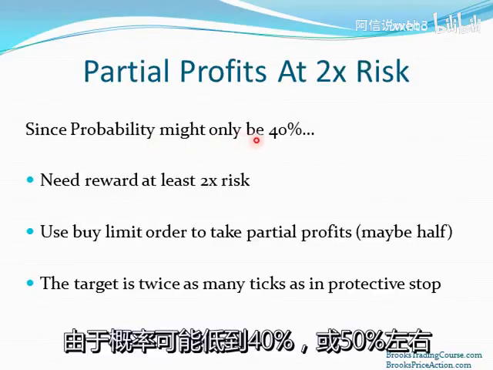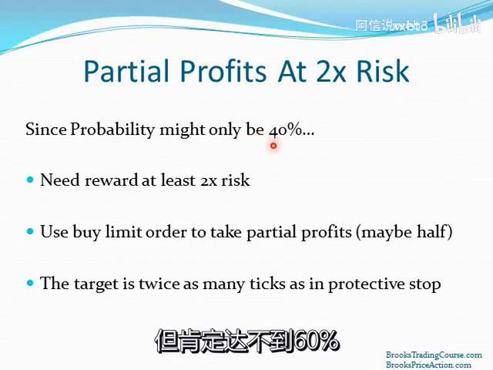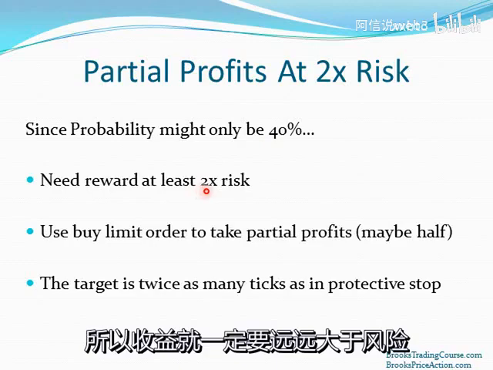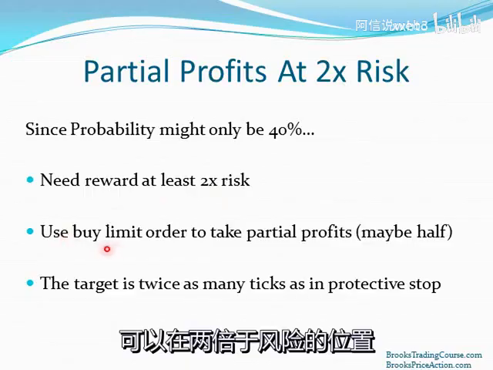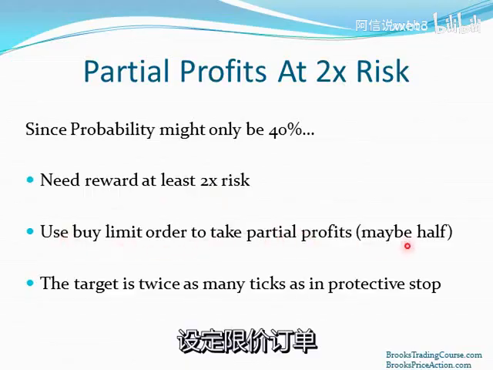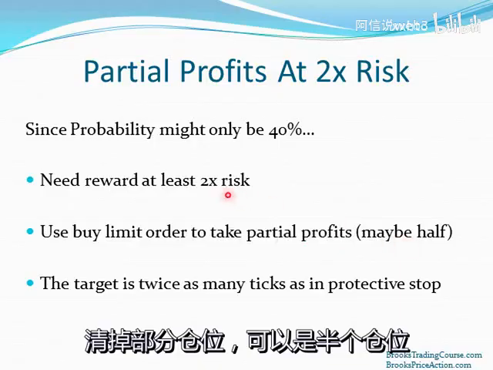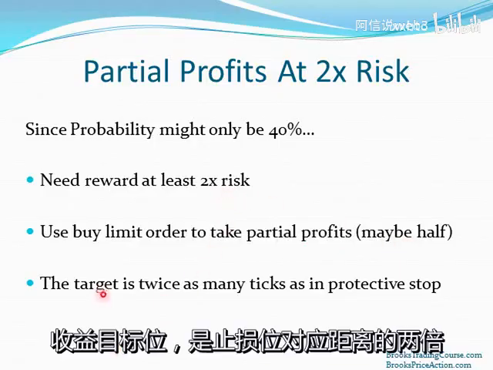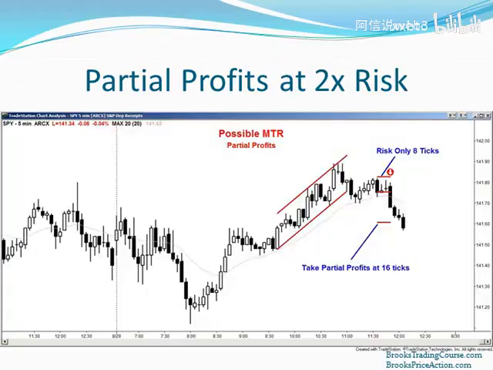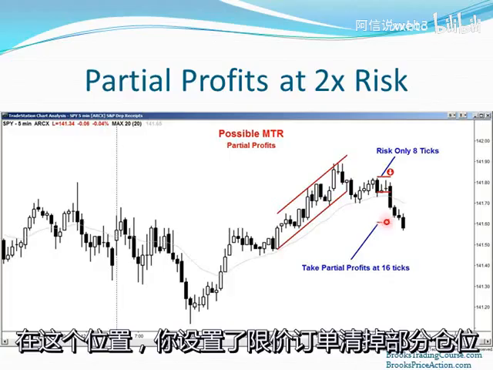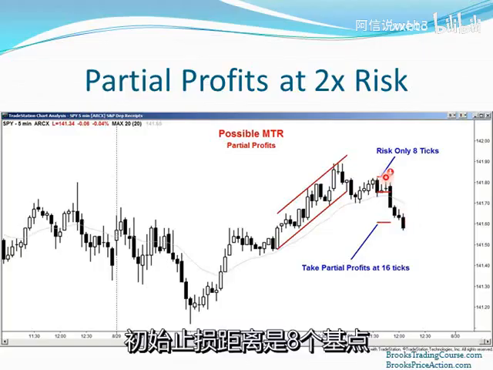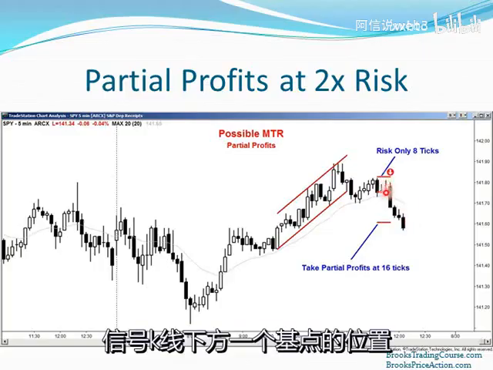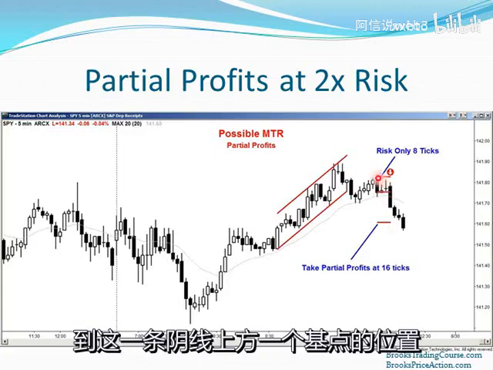Again, since the probability might be as low as 40%, it might be 50%, but it's certainly not 60%. You need a reward at least 2 times greater than the risk. You can go ahead and place a buy limit order to take partial profits, maybe half off, at 2 times greater than the risk. So the target is twice as many ticks as in the protective stop. So you'd have a limit order to take partial profits here, and you would have been filled on this bar. Your initial risk is 8 ticks, 1 tick below the signal bar to 1 tick above the high of that bear bar,